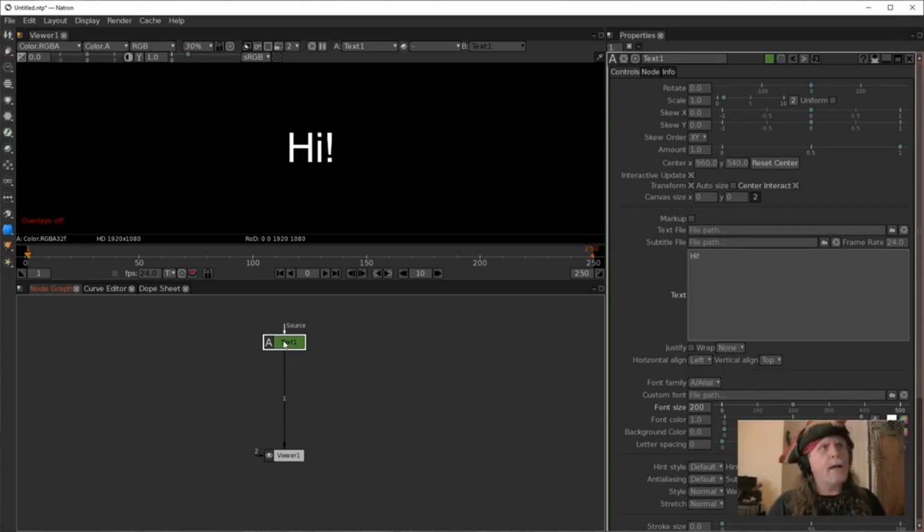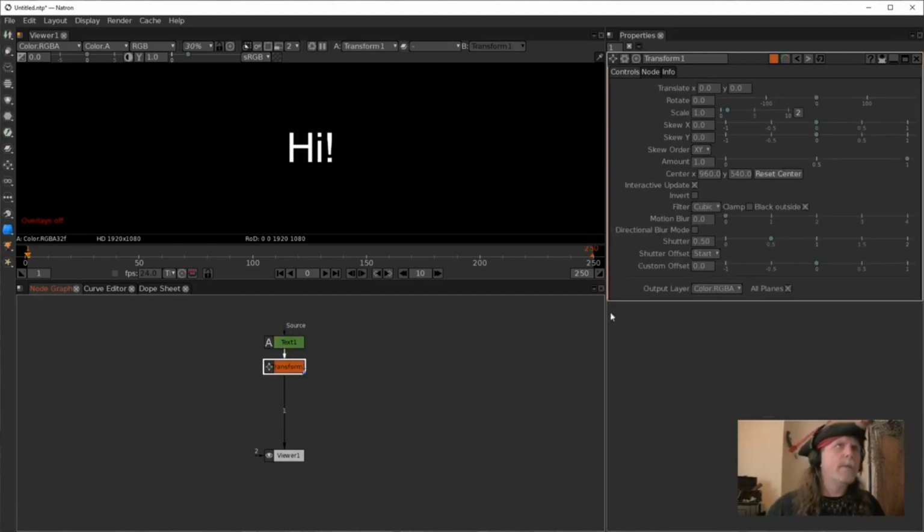We're going to add a transform node. And so I'm going to hit T to add a transform. And then to get to an expression, what we could do. All right, let's first talk about the way we've dealt with movement in the past: we've keyframed everything. And keyframing is okay. It's a good way to do things, except it's a horrible way to do repetitive tasks. There are ways in Natron of taking keyframes and making them repeat, and that's useful in certain circumstances, but